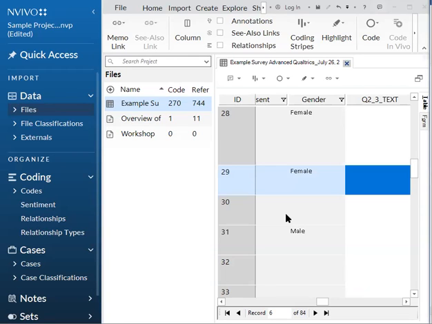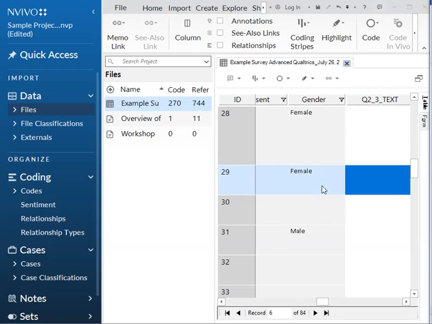So this filtering feature just makes data sets more manageable to view. If you're going through a large survey data set and you're trying to compare responses from different groups or demographics of respondents, then this filtering function can be pretty useful.